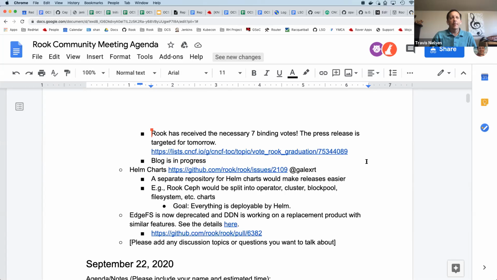I am working on a blog with that. Jared and I were at least working on that. I'll send out a draft to the maintainers for those interested in giving feedback. We should have multiple quotes from maintainers, I think, in that blog. That'd be really nice to get people's input on everything. So Alexander and Sebastian and then others.